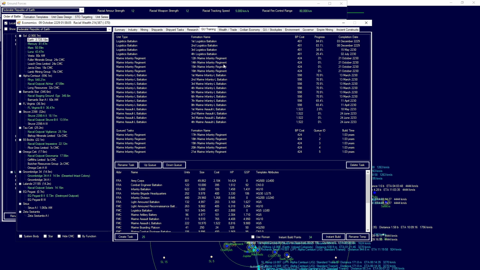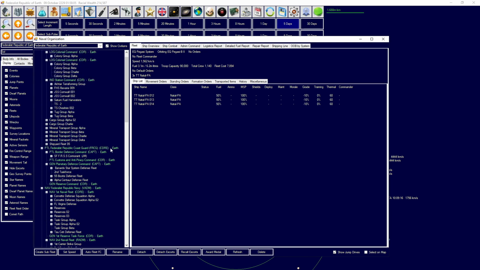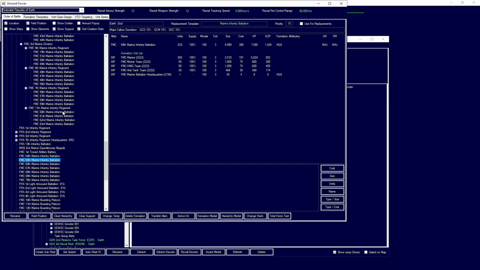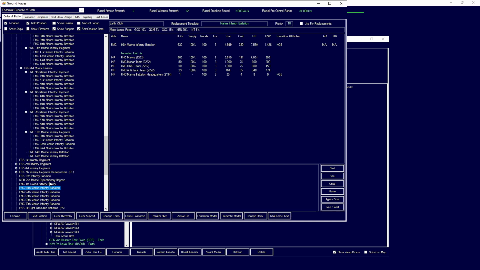That means we won't have much in the way of other stuff for support purposes. We have logistics battalions coming through here, so we may need to also drop in some extra support through infantry, in terms of actually providing our forces with some extra battalions. So what I'm going to do is pad the division out here with